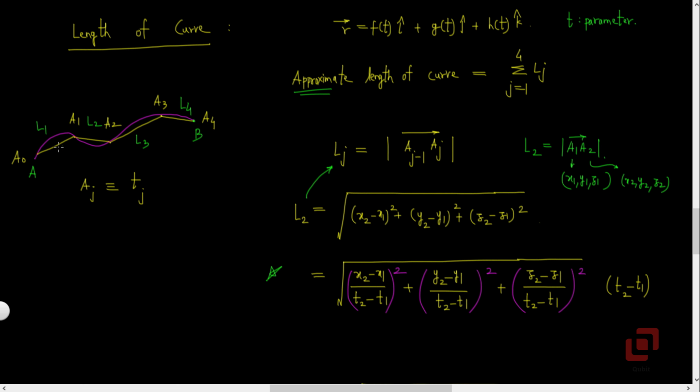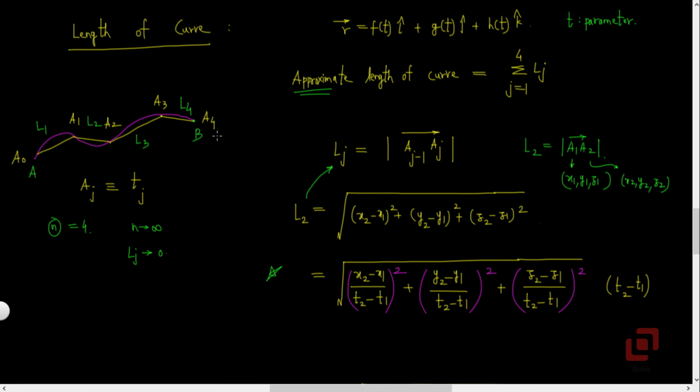Now, the approximation of the length of the curve by these 4 segments is a very crude approximation. So it makes more sense to increase the number of partitions on the curve. If n denotes the number of such segments or partitions, in our case n is 4. As n increases under the condition that all these lengths, let's call them Lj, tend to 0, then we will go on getting better and better approximations for the length of the curve.